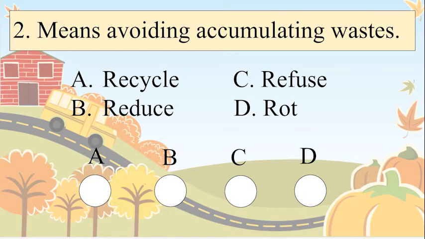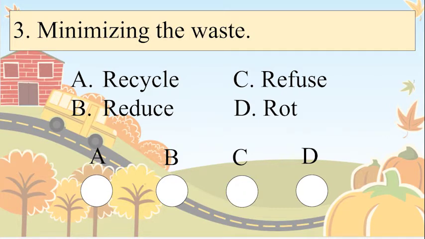Number 2. Means avoiding accumulating waste. A. Recycle. B. Reduce. C. Refuse. And D. Rot. And the correct answer is. Number 3. Minimizing the waste. A. Recycle. B. Reduce. C. Refuse. And D. Rot. The answer is